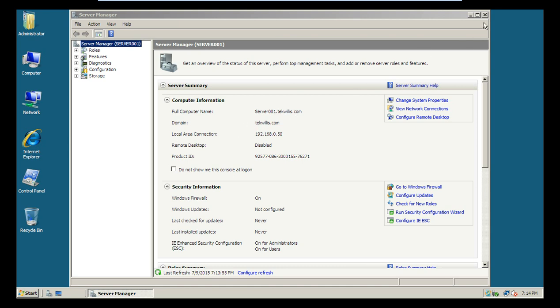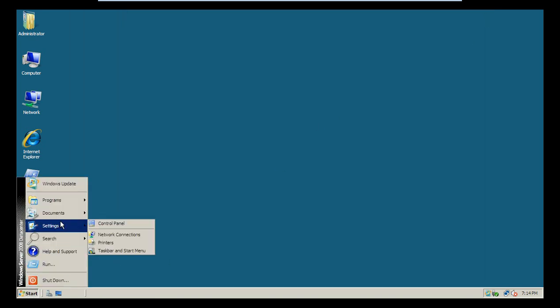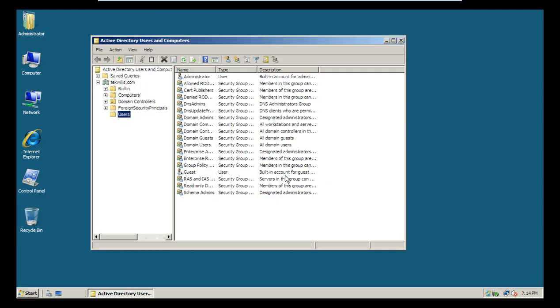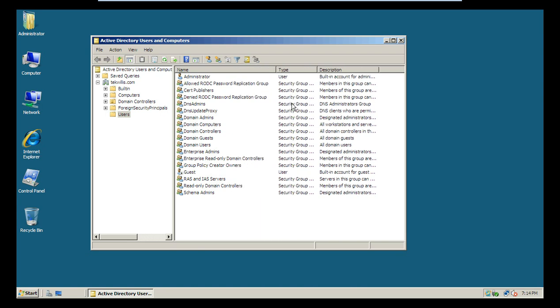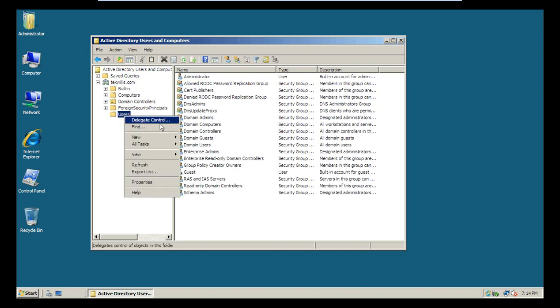Okay. So let's go ahead and close this out, and let's take a look at the awesome little admin tools that came along with installing the Active Directory and the DNS here. Alright, so here we go. Here is all the users by default, and obviously in an enterprise, you're going to want to add users to this so they can log in throughout the network. Go ahead, expand this, drop down to users, let's go new